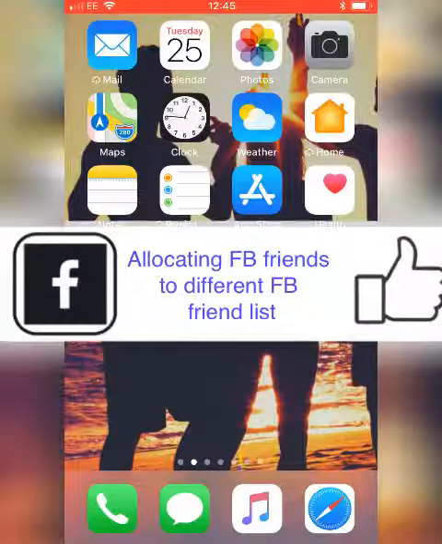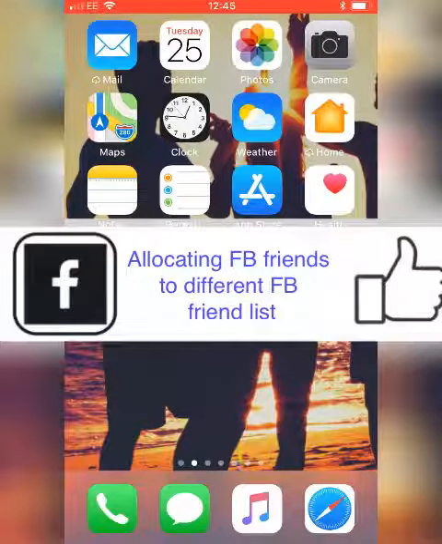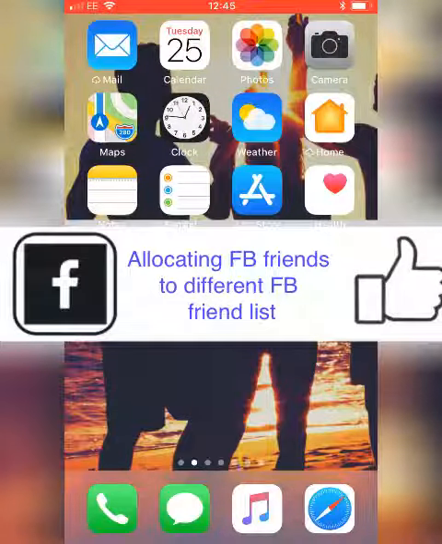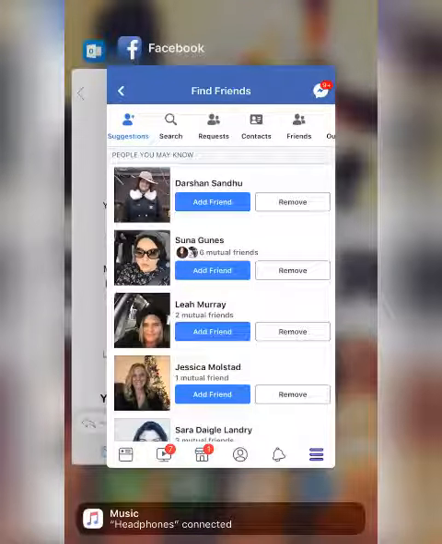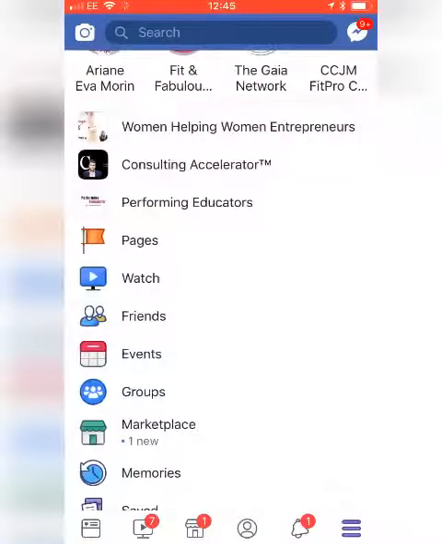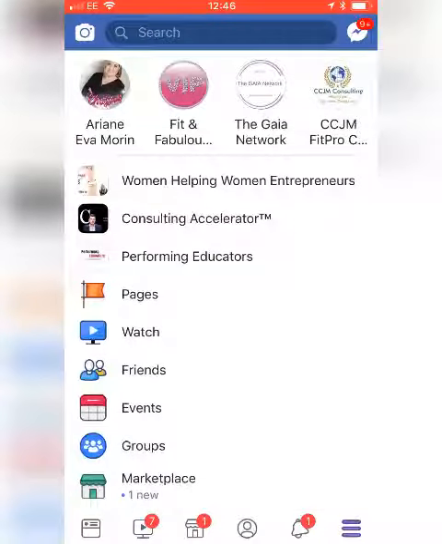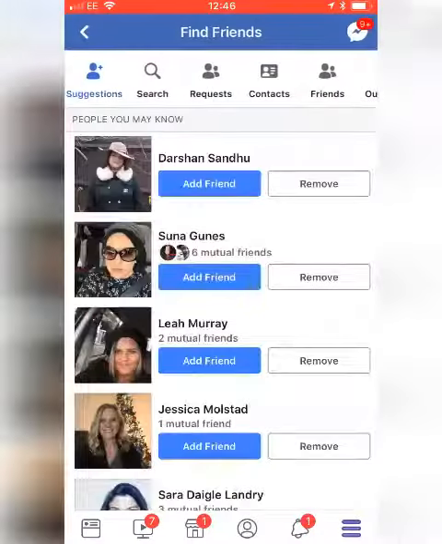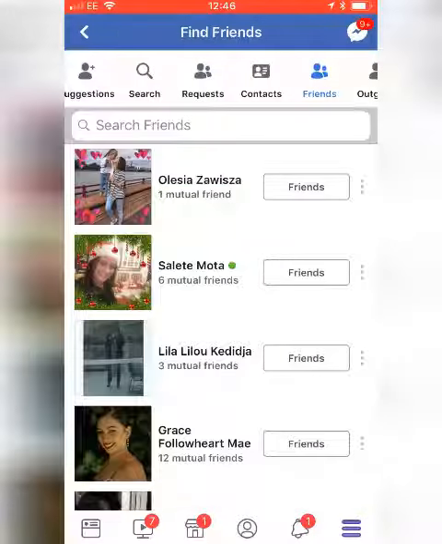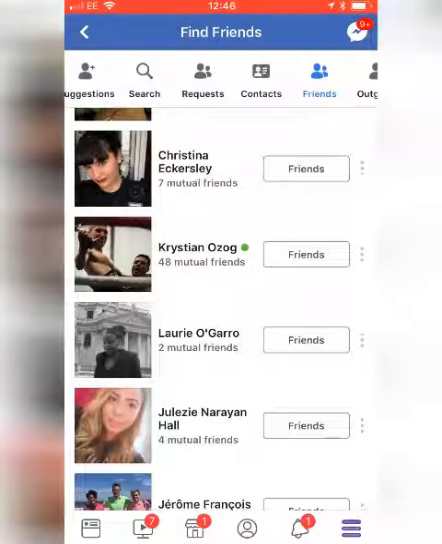Okay, so let's go through our Facebook friend listing. So what you do, you obviously go to your friends on your page. So you go to your page and you go to friends. So this is the mobile version, and you're going to go to your friends, and for example, let's say